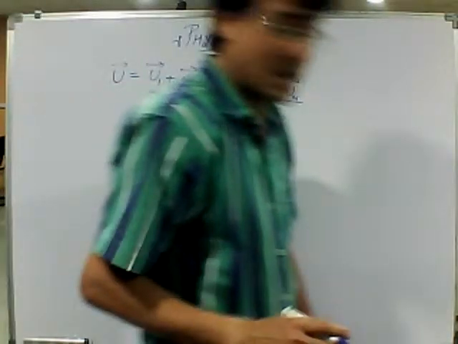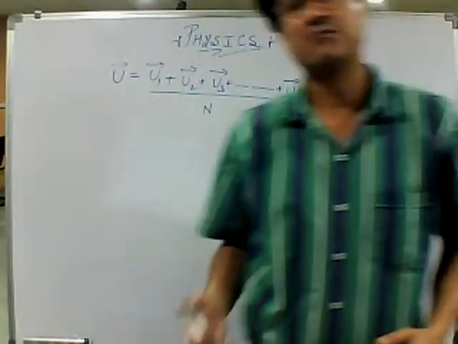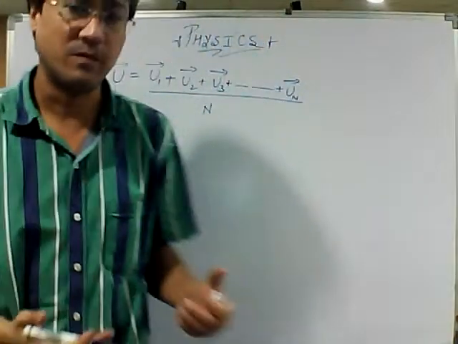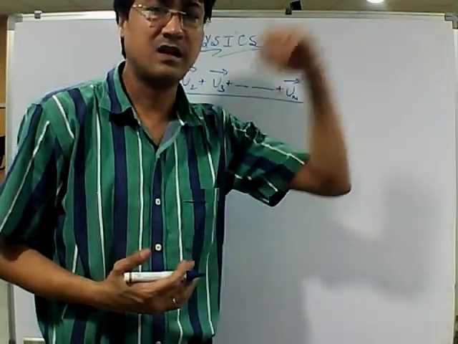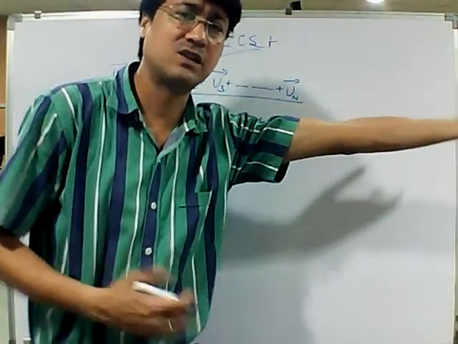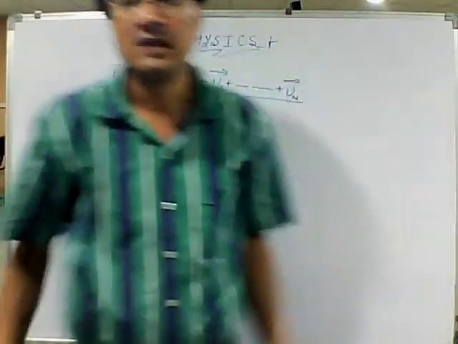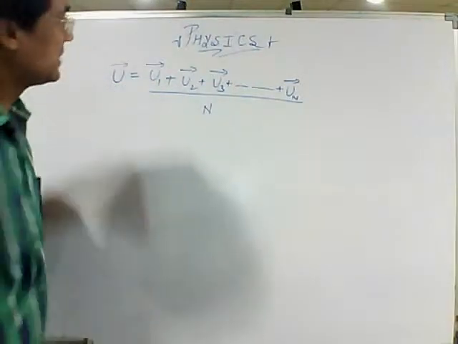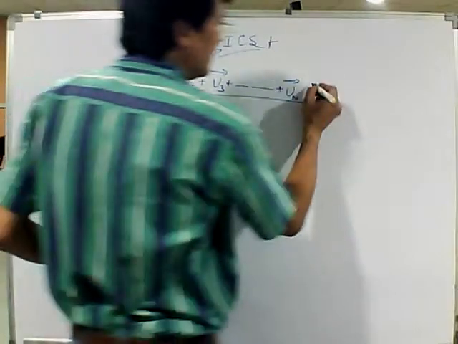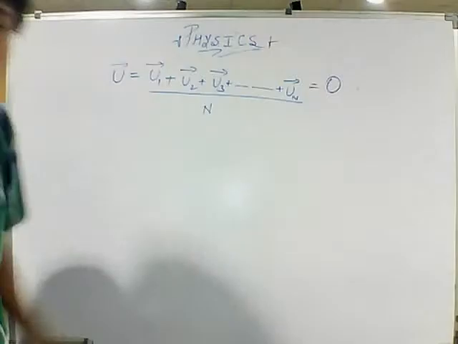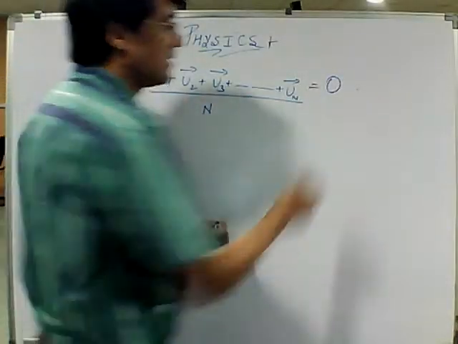Now, as they are in random motion, most probably if there are x electrons in this direction, there will be x electrons in the opposite direction. So the net initial average velocity, if you take it for all the electrons, would nearly result in zero. We have the assumption of part number one.